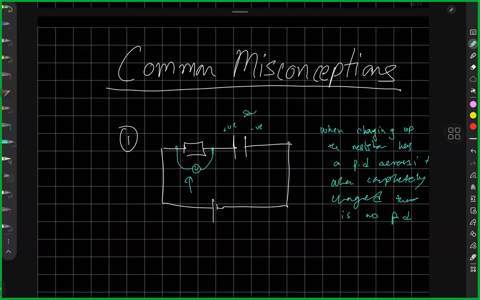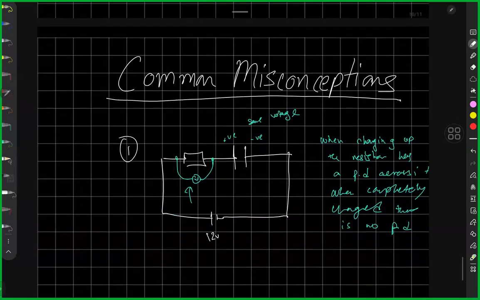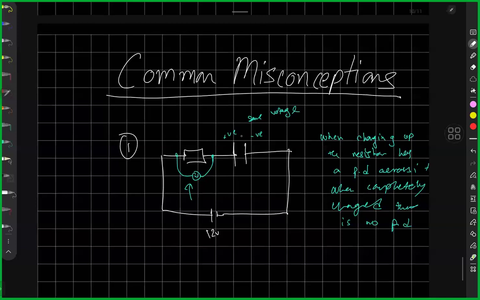with the same PD or same voltage as my supply voltage. So let's say my supply voltage is 12 volt, and after getting completely charged up, the voltage across the capacitor is 12 volt as well. So what happens in this case is, if this is the positive plate, and if I take the conventional current route,